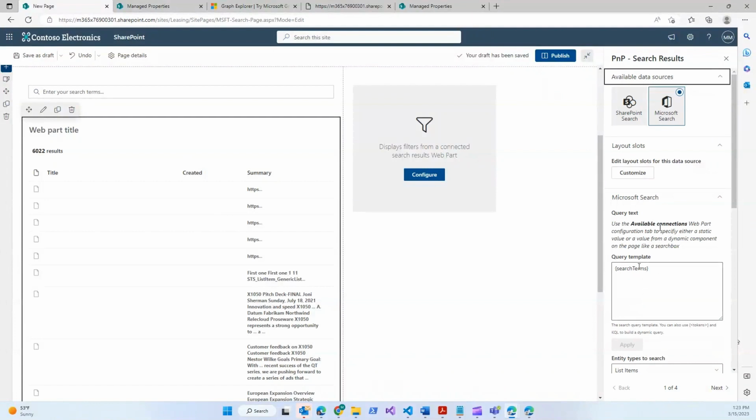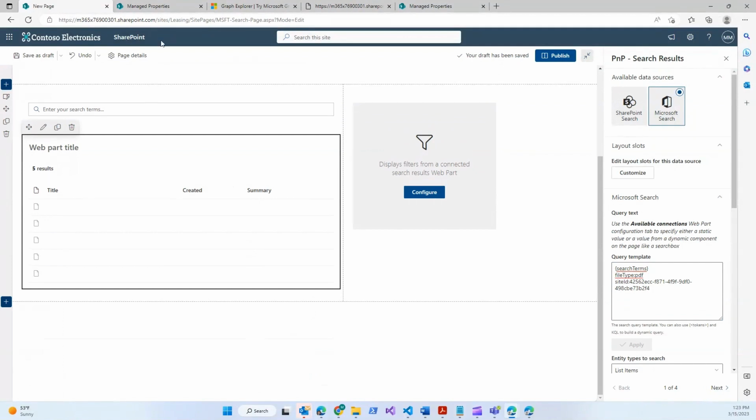So what I'll do, just like I did in my Graph API, is grab some initial filters here on the query template that says I just want PDFs and I just want to come from this site. We'll apply that, and this is going to come down to our 5 results that we have in our library, and we're ready to go there. Now, one thing you're noticing here is that there's no title, there's no information there, and this comes from what my initial